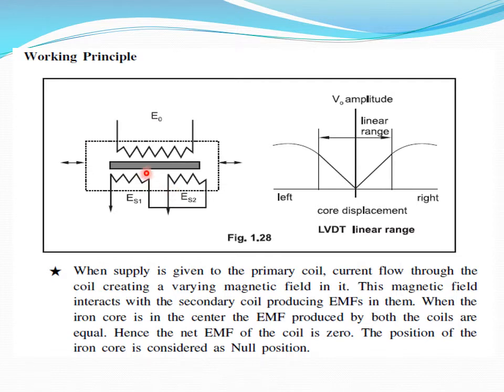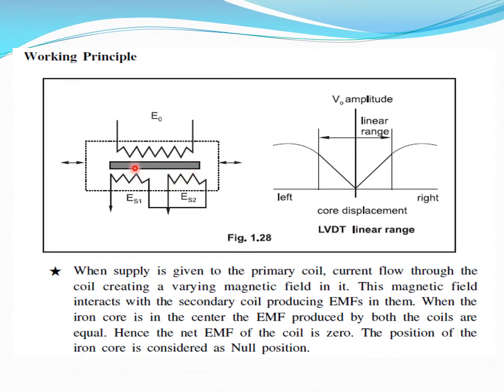If it is at the center, there is no EMF difference. If the core is moving in either direction, there will be an induced EMF difference between ES1 and ES2. So the position of the iron core